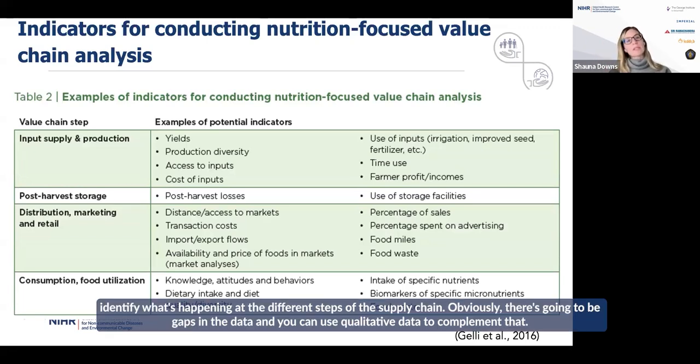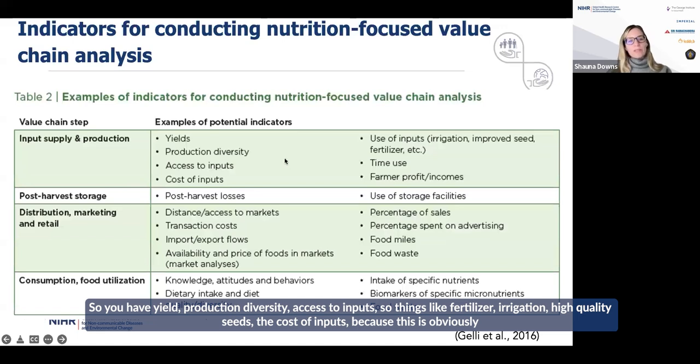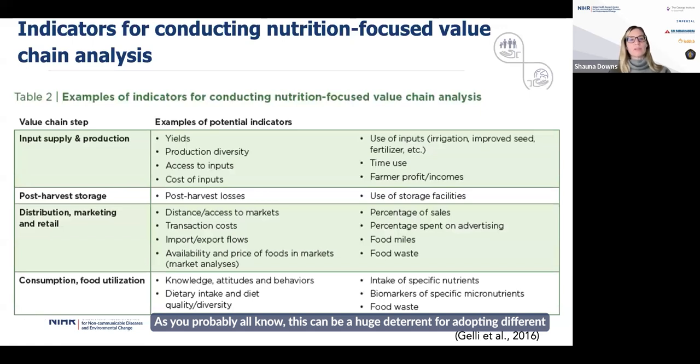Obviously, there's going to be gaps in the data, and you can use qualitative data to complement that and ensure that you're getting a good picture of what's going on at each step of the supply chain. So you have yield, production diversity, access to inputs, so things like fertilizer, irrigation, high quality seeds, the cost of inputs, because this is obviously, as you probably all know,